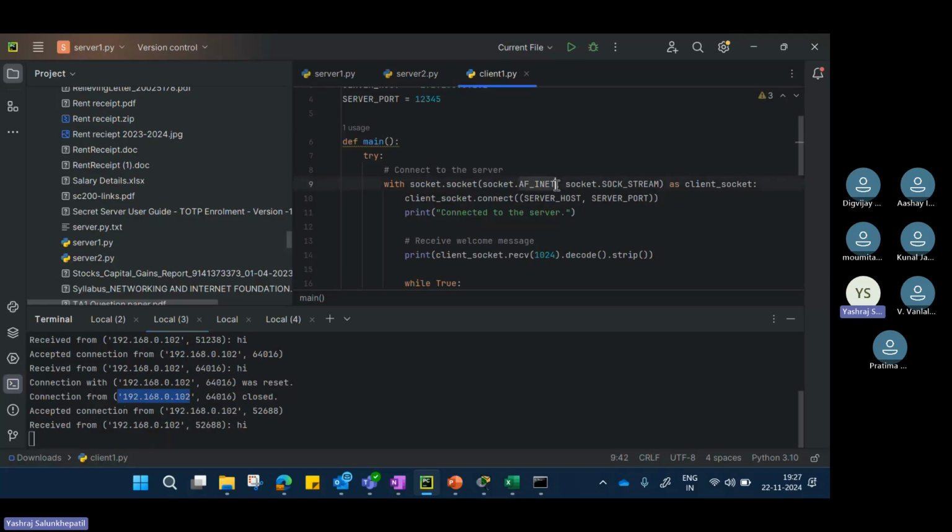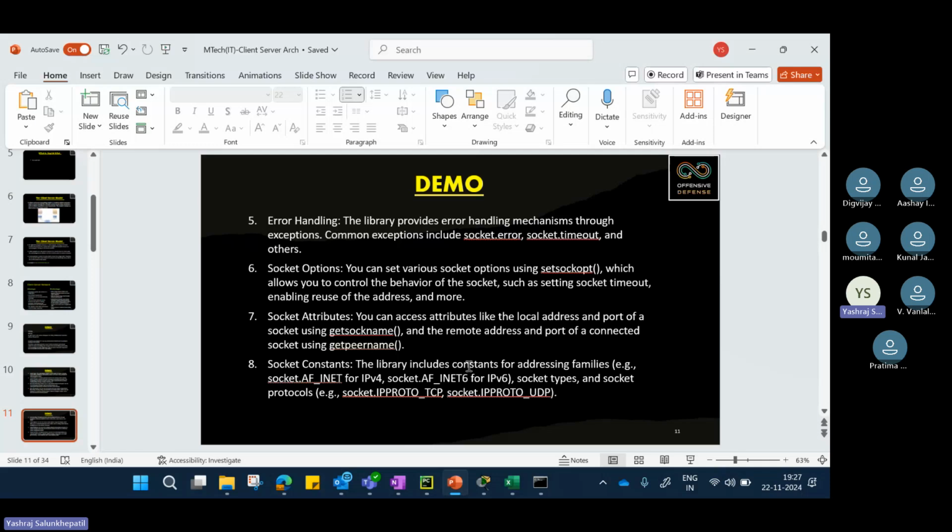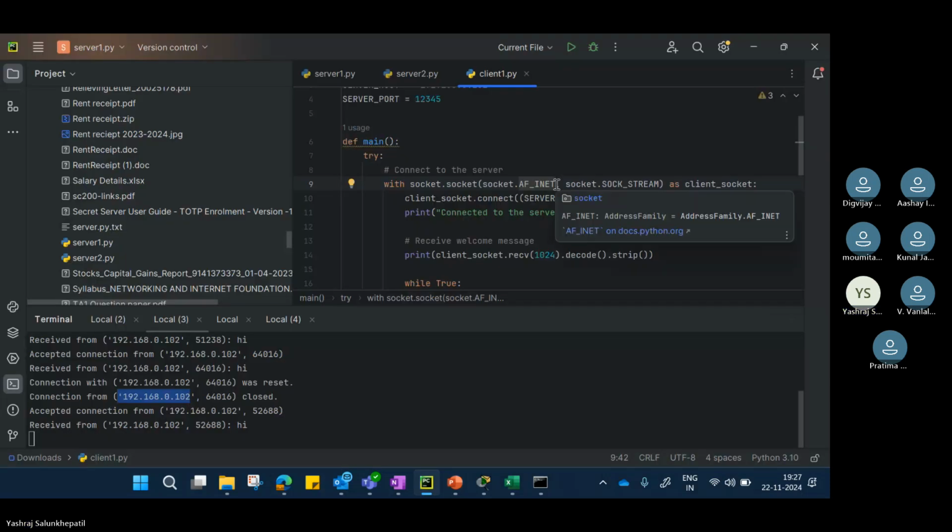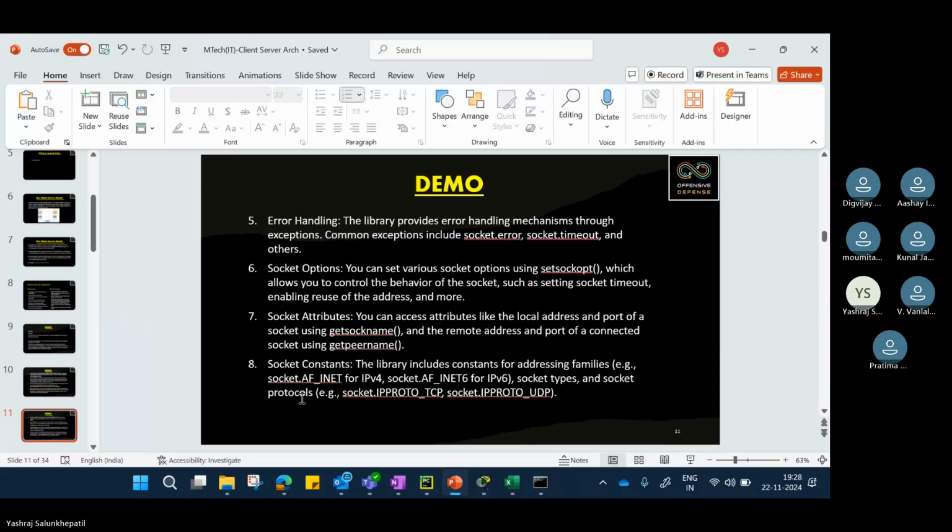How will you start making it work? All you have to do is add the 6 over here. Okay, next,